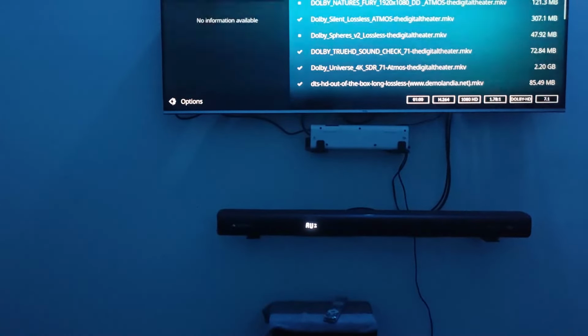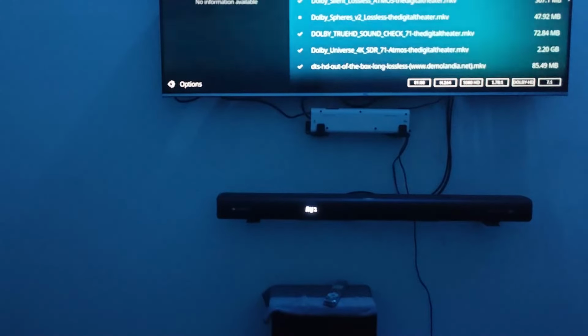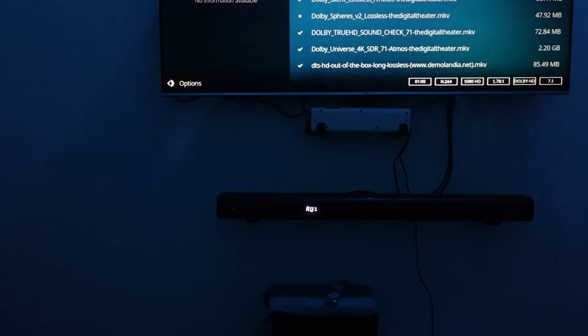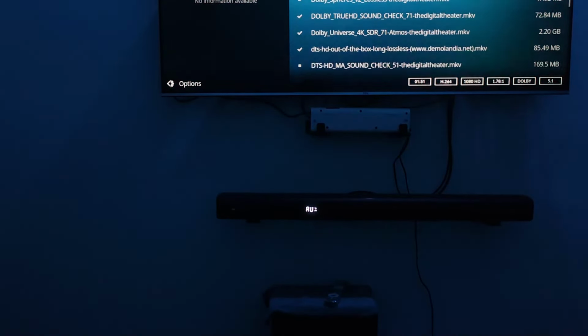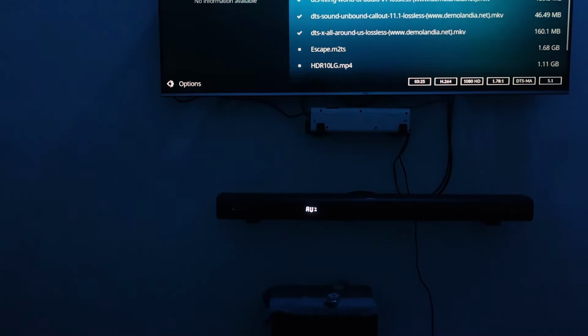There is a couple of nitpicks I would like to point out. The DTS HD and DTS HD Master Audio is still shown just as DTS HD in the beginning, and that kind of is a bummer. I'd like to at least see that being fixed one day, because it will show DTS in the beginning and nothing else. So as you can see here with eARC,